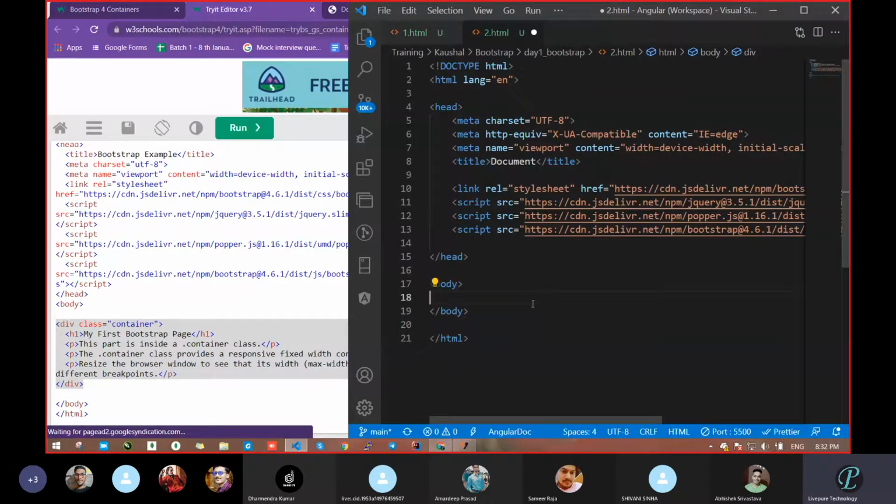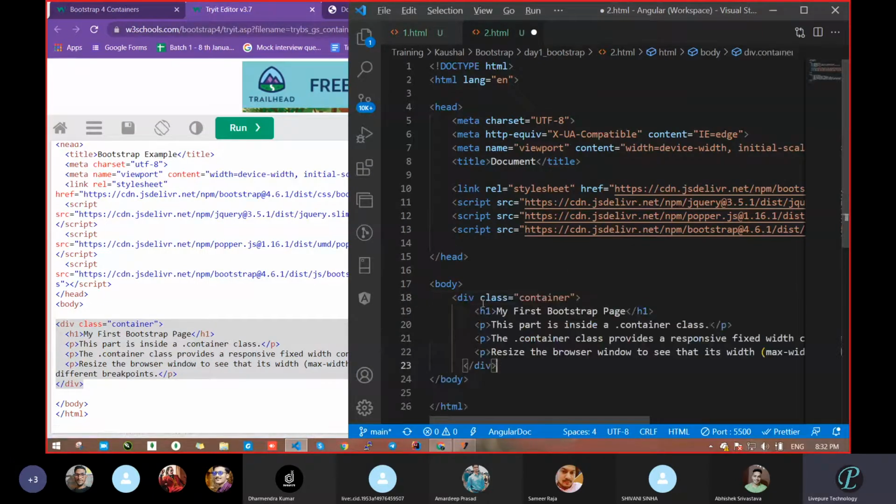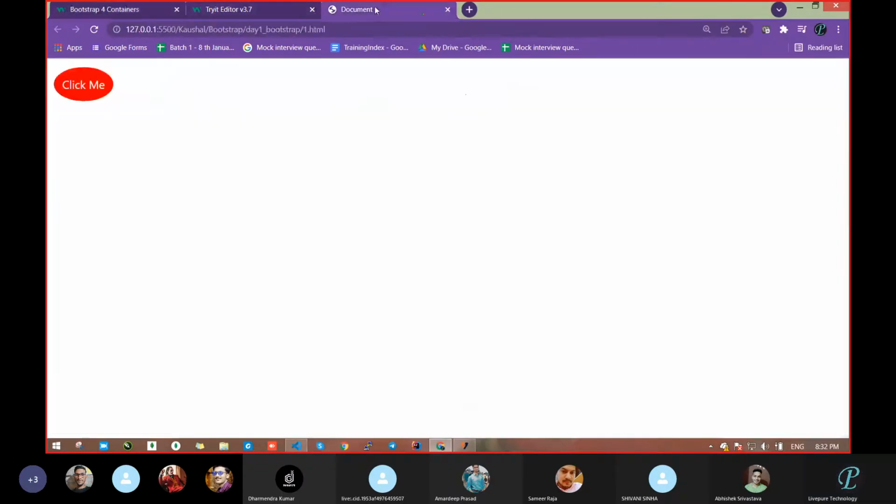And one thing, as a best practice of code from the very beginning, we have to follow that. We have to take all things inside a div. Nobody's code should be outside of div. Every code should be inside a div, meaning a div is like a main container, and inside you have to do all the tasks. Okay, so see what we had done.